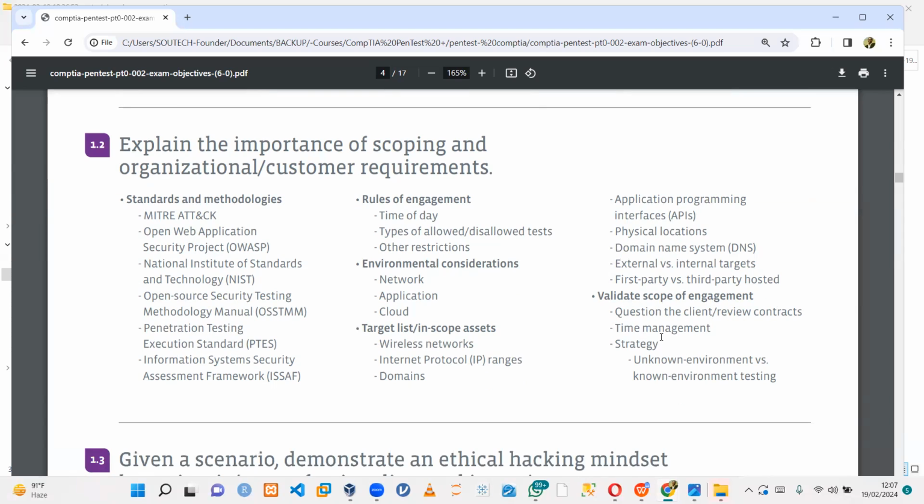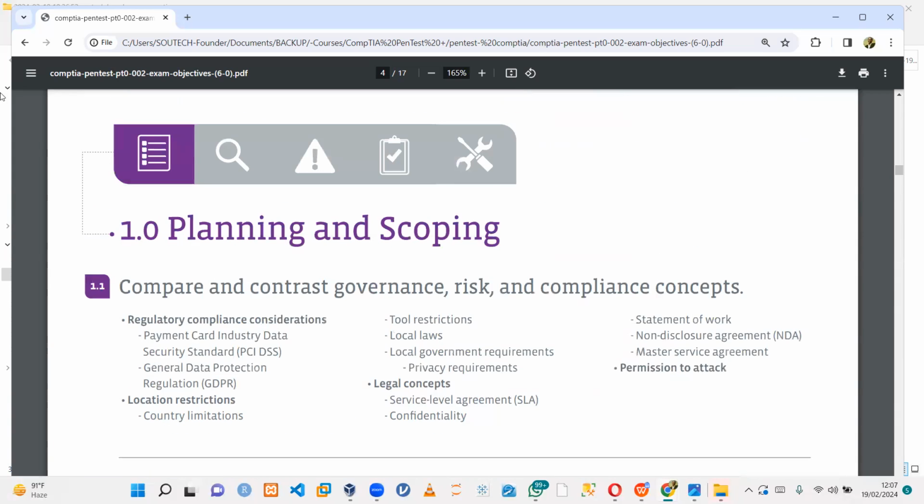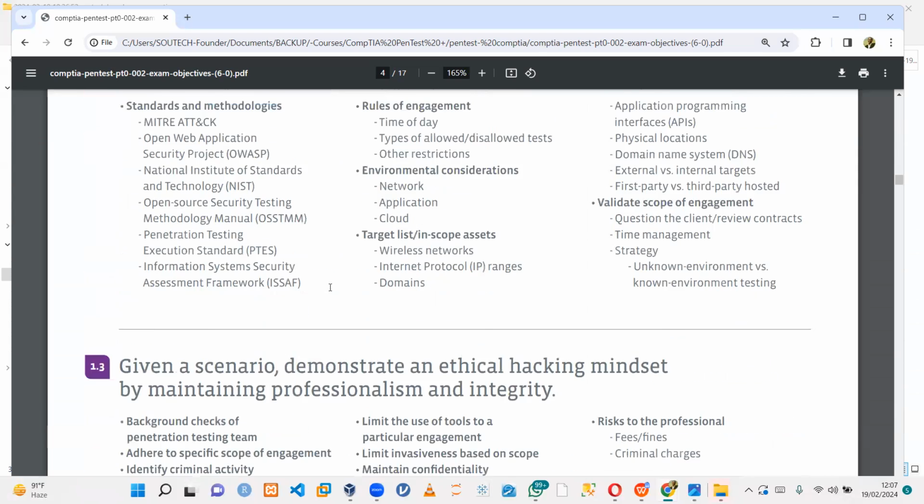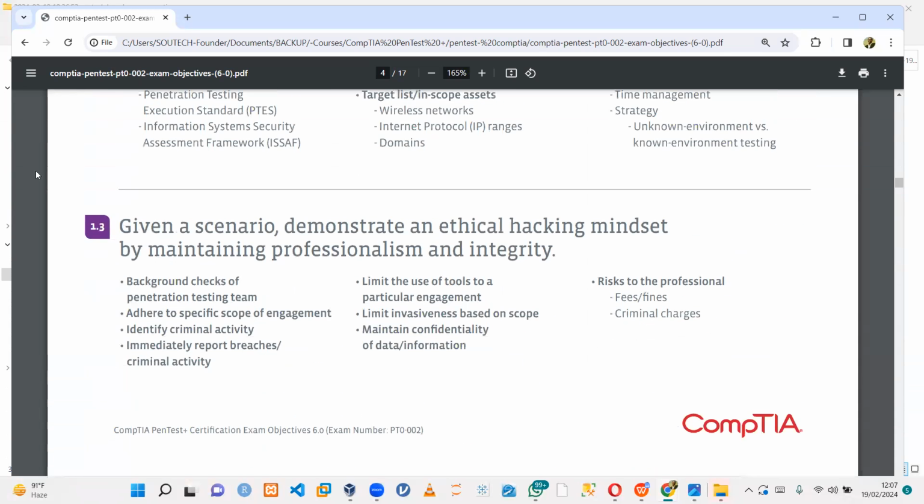attacks. Now, there needs to be a strategy. What kind of environment are we going to be testing? Is it going to be a known environment? Is it going to be an environment we don't know? Here, the goal is that you should be able to explain, right? For exams, you should be able to compare and contrast. Now, in the third part of section 1, if you're given a scenario, you want to know the ethical hacking